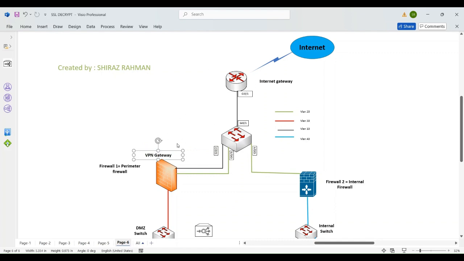It depends on the design, and it depends on what kind of router we are using as an internet gateway, right? If the internet gateway is not a normal router, we can use a Juniper SRX which acts as a firewall also. In that case, you can use a VPN gateway over here. But if that is a normal router that performs the basic L3 functionality, in that case you will choose a VPN gateway on the perimeter firewall itself,